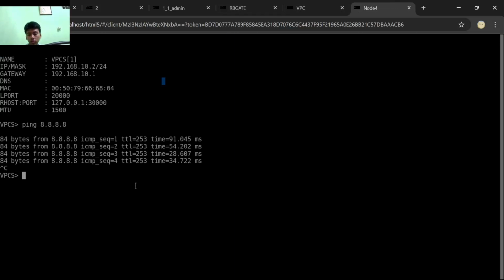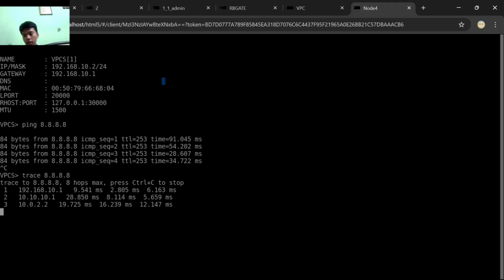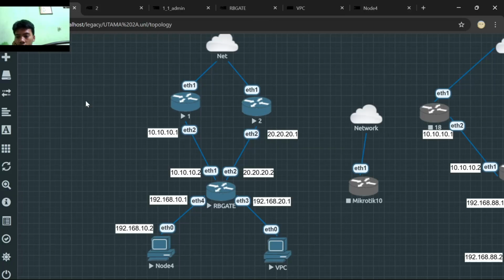Okay, now we use the command trace or tracking. Trace to 8.8.8.8. Okay, so this is the result. This is right, this is correct. The packets go to the router gate.